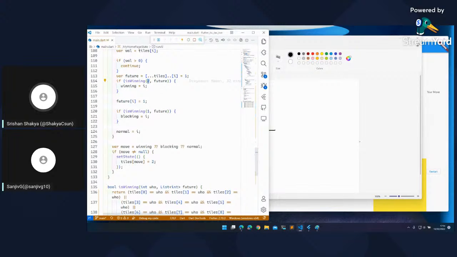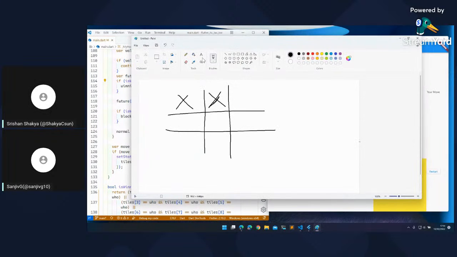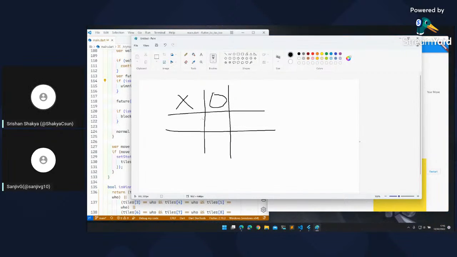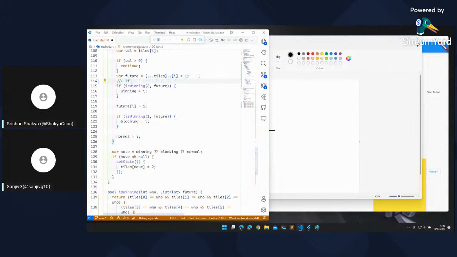First he checks if we are winning. The two is the person, the computer is the other person. So first he places a 0 here, and checks if this position is already completed. The game is already finished in this position. So is winning is true. This checks if the AI is winning.